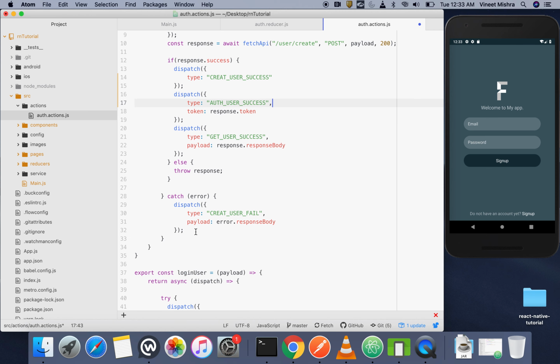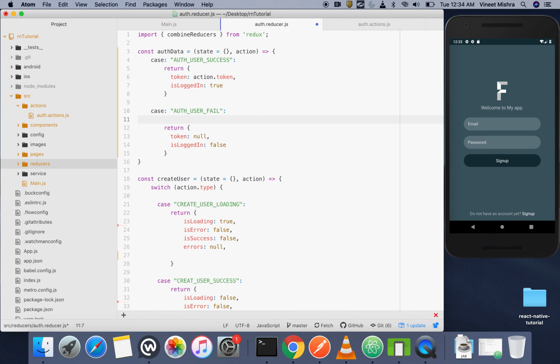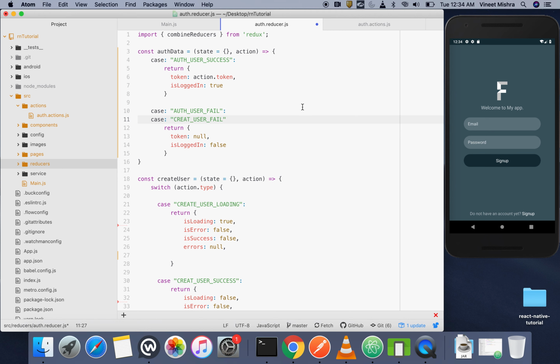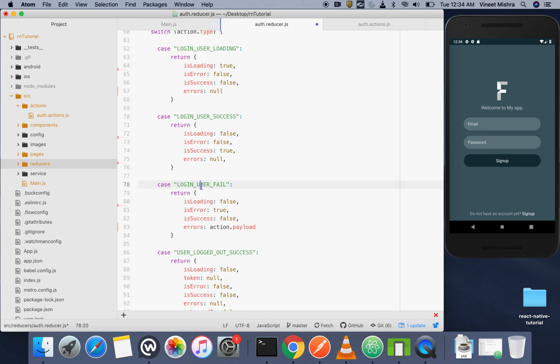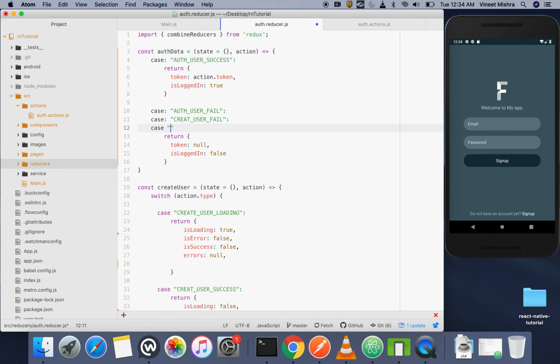For fail, I think we need not do anything. If user creation fails, what we can do is add the case if auth user fail, or simply use the case if creation fails, and then this one also, create user fails, login user fails. If these are the cases, then